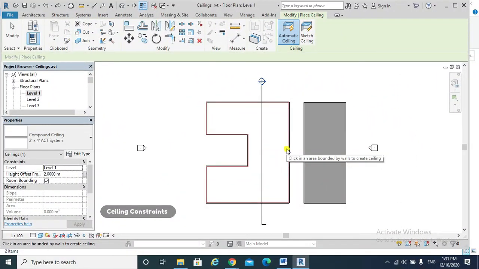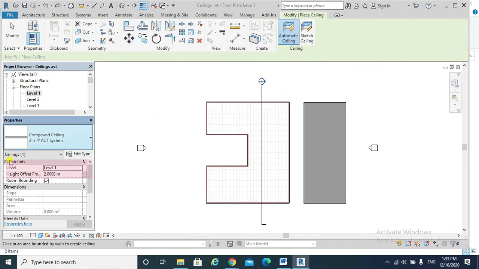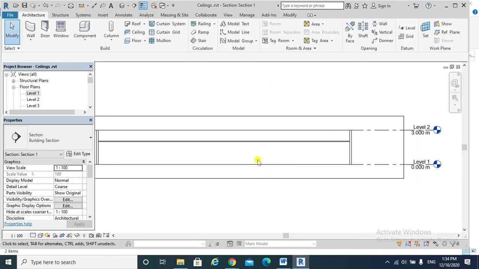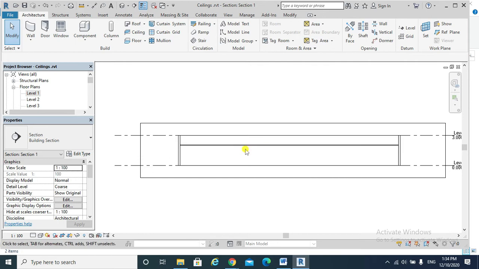Very important is to set the ceiling constraints while creating the ceiling, either by automatic ceiling or sketch ceiling. For example, automatic ceiling. We need to go to the properties, constraint. This is our floor plan level 1 and this is the height offset from level 1. And we can set that value to be 2 meters and then OK. If we go to our section view, this is our full ceiling offsetting from our base level 1 with 2